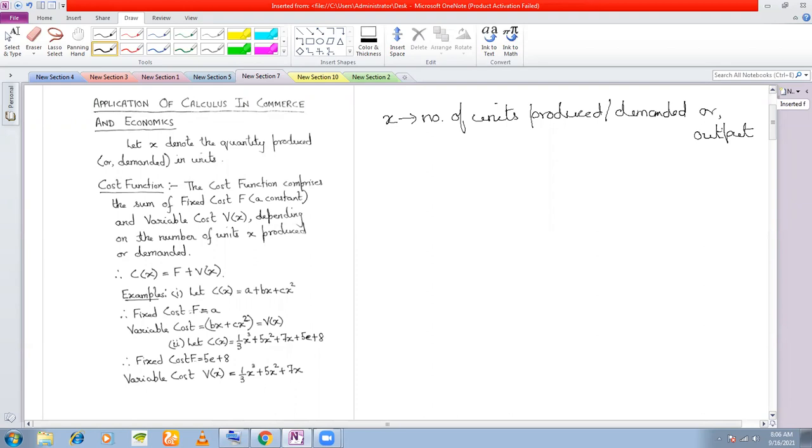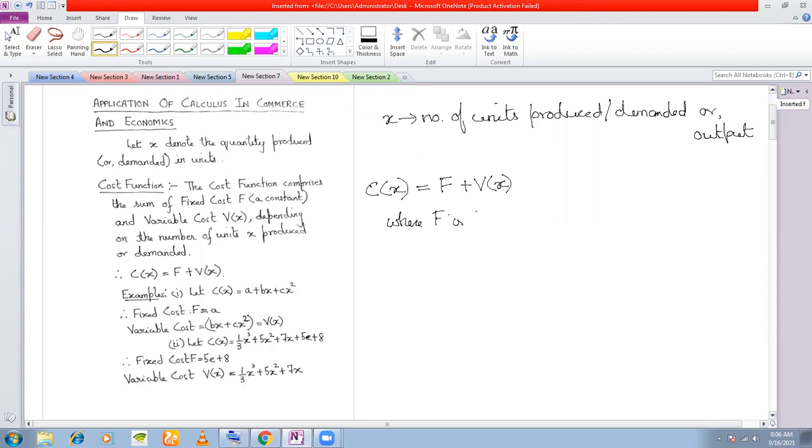Such heads are called variable cost. Fixed costs do not depend on the number of units produced. Whether you produce 100 units or 1000 units, you will have to pay that fixed amount. Variable cost will depend on the number of units produced. So the total cost function is denoted by C(x). It is a function of x. It is equal to F, the fixed cost, plus the variable cost, which is also a function of x, where